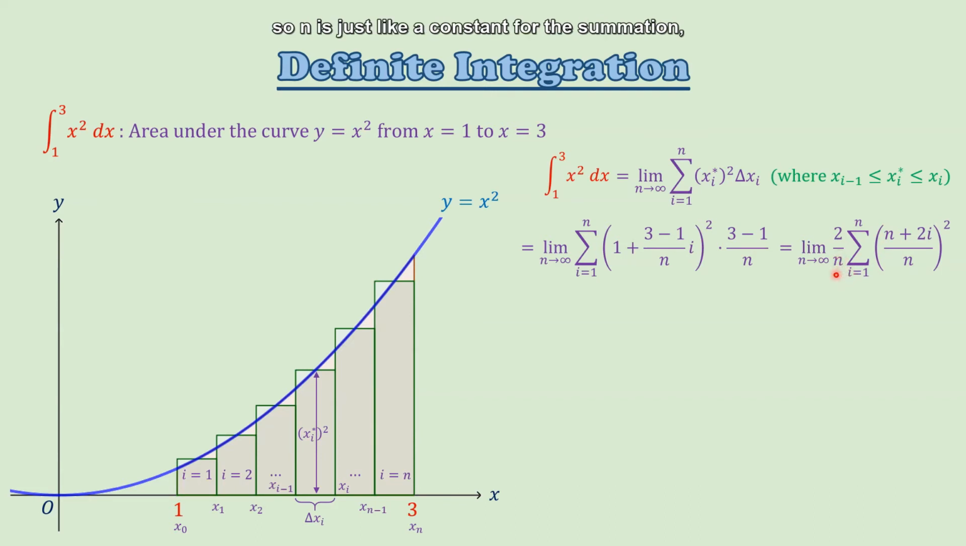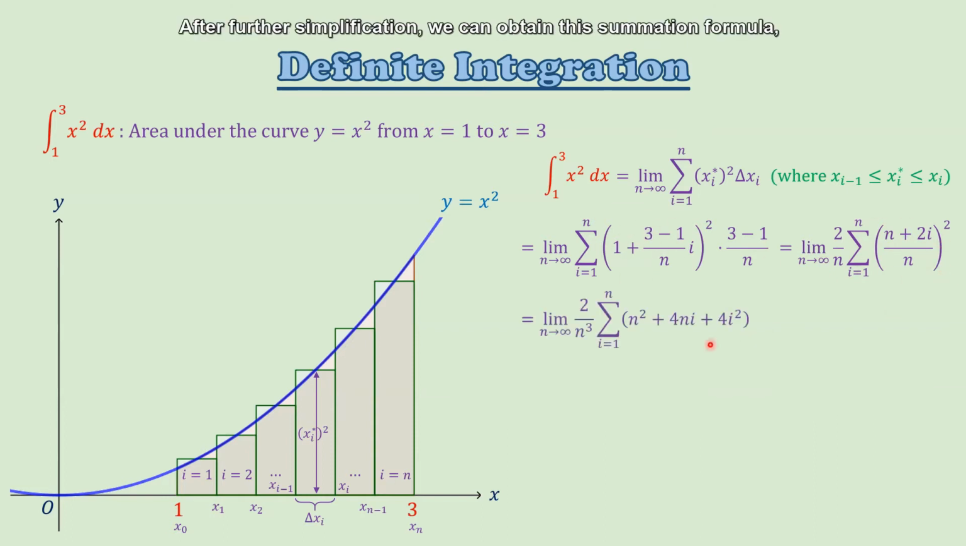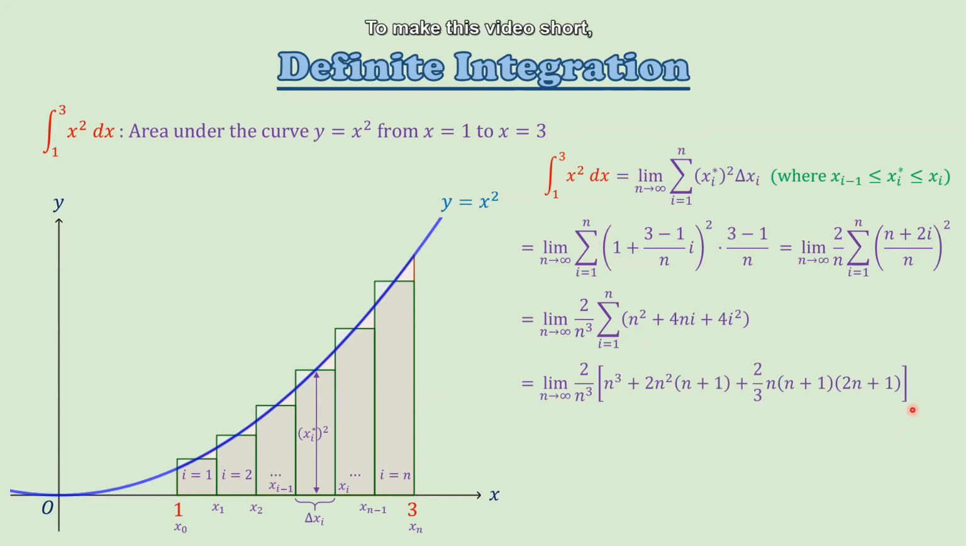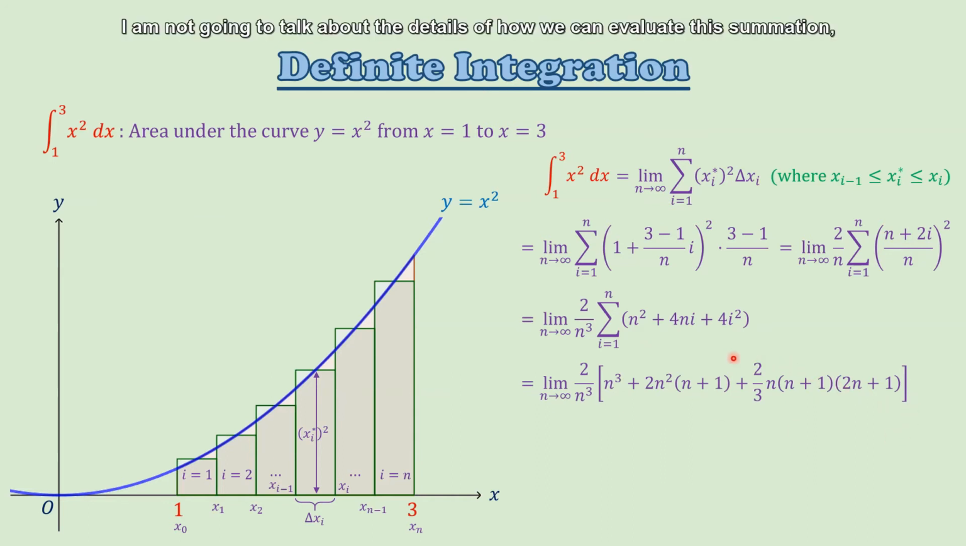So n is just like a constant for the summation. And then we can simplify this as this. After further simplification, we can obtain this summation formula, and then we can evaluate this in terms of n like this. To make this video short, I'm not going to talk about the details of how we can evaluate this